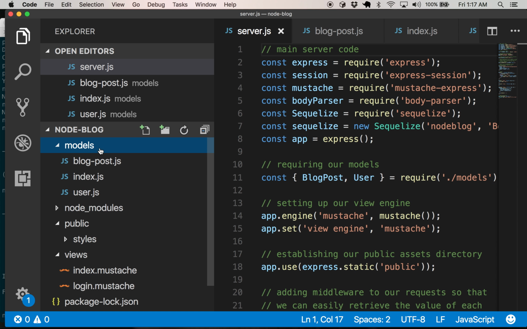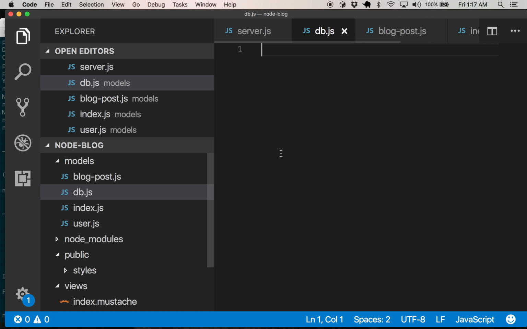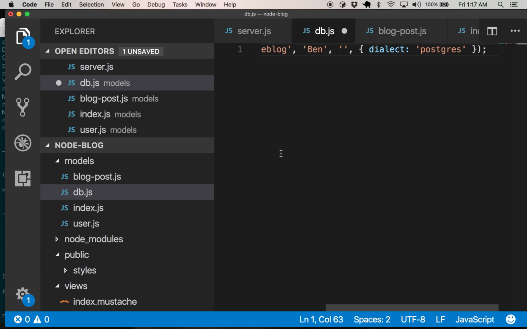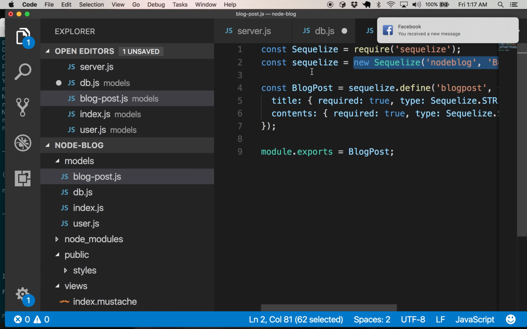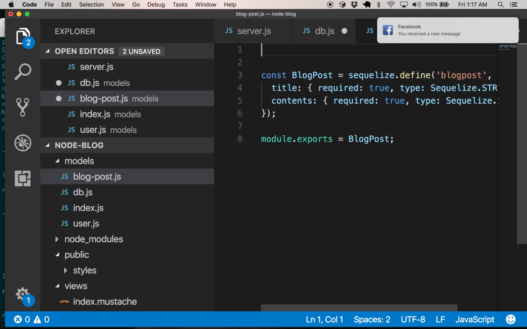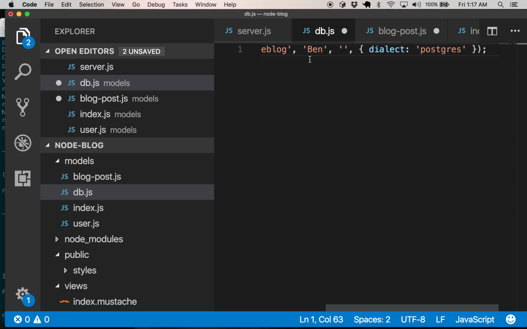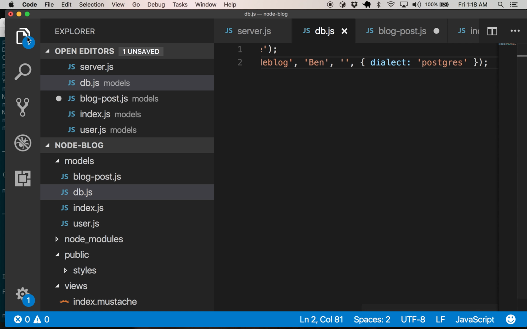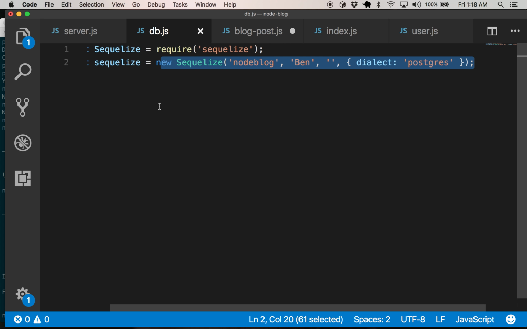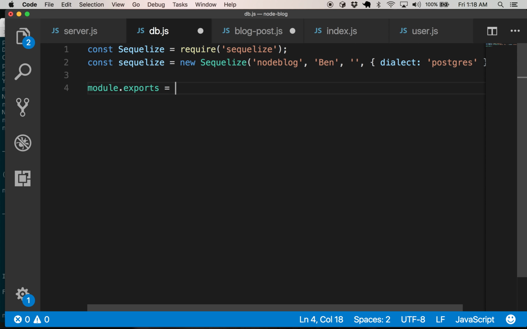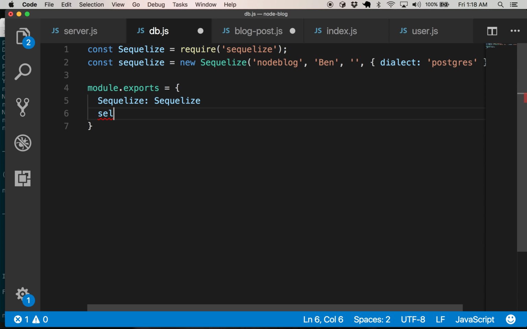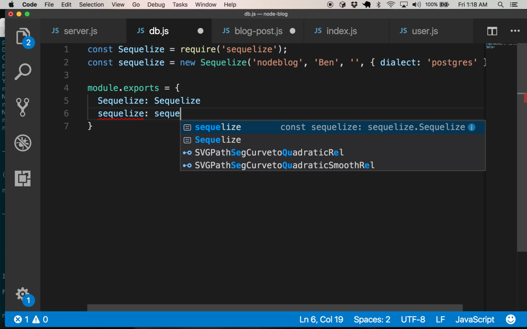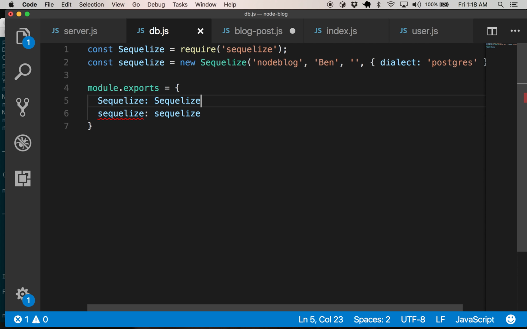And in models, I'm gonna do db.js. I'm gonna paste this code here. I'm gonna put this connection information in there, so if I change it, it only needs to change once. I'm going to do module.exports equals sequelize,